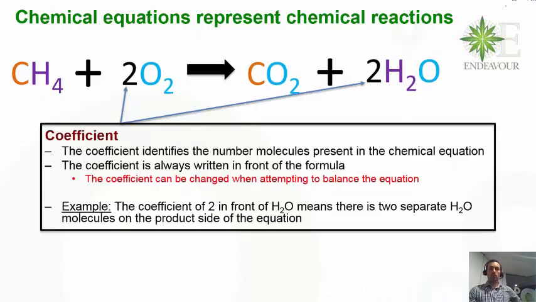So the other key number in these chemical equations is the number that can be shown in front of a molecule. And as I've already told you, we call this a coefficient. So basically what the coefficient does is it identifies the number of molecules that are present in the chemical equation for that particular type of molecule. So remember, a molecule where there's just 1 of it, we don't usually write the 1, but in theory you could put a 1 in front of the CH4 and also the CH2. So we always have the coefficient written in front of the molecule,